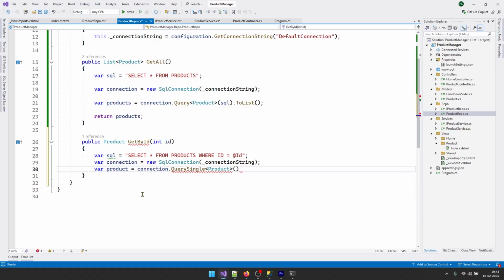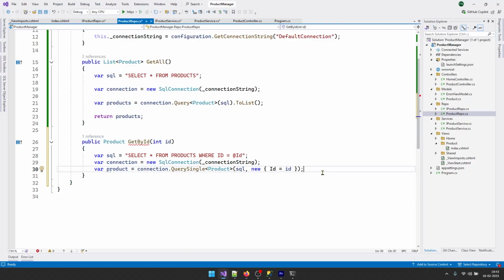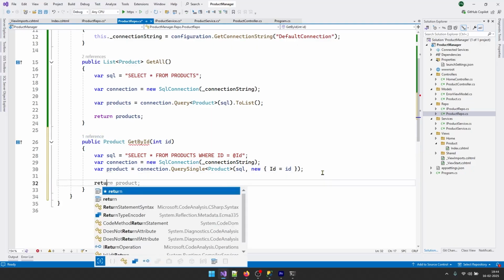And within this, I will pass my SQL query. And also I need to pass the parameter because now our query is expecting a parameter of ID. So I will be passing the parameter ID here, that will be equal to the ID which I'm receiving in this method. Okay. And if we hover over on QuerySingle, you will notice we are getting the product type back. Now we can return this product